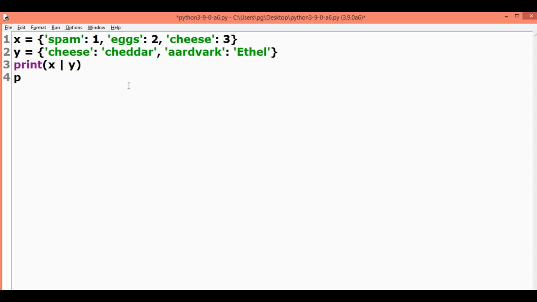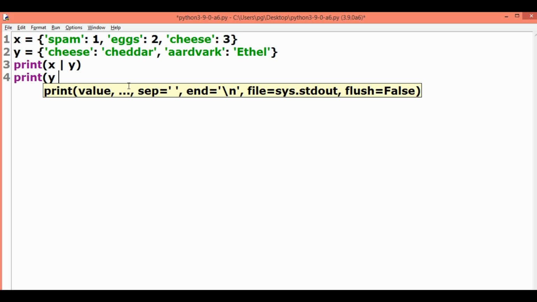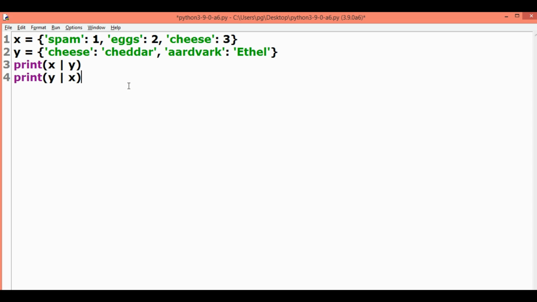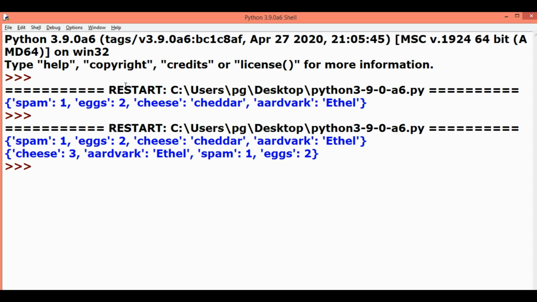Now let's try print, and on running this we see a new dictionary with the second dictionary x key value pairs merged with the first dictionary y here.